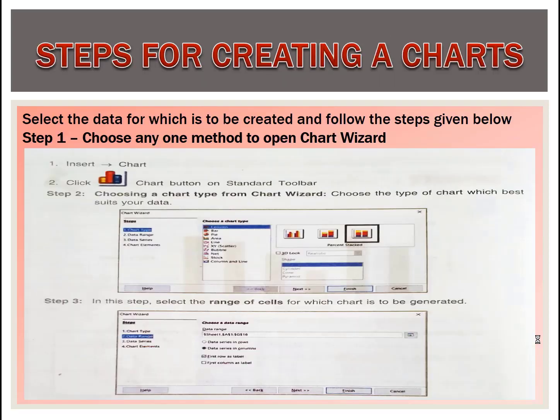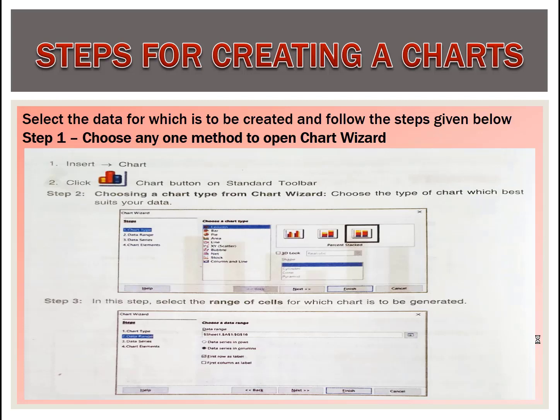Steps for creating a chart. Select the data for which the chart is to be created and follow the steps given below. First, choose any one method to open the chart wizard: click on Insert and go to Chart, or click the chart button on the standard toolbar. Choose a chart type from the chart wizard which best suits your data.